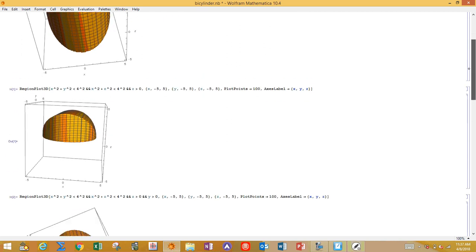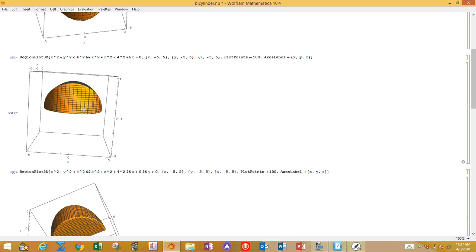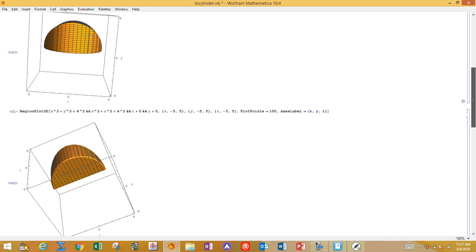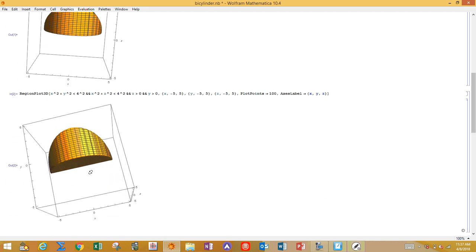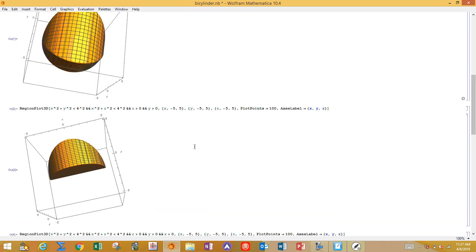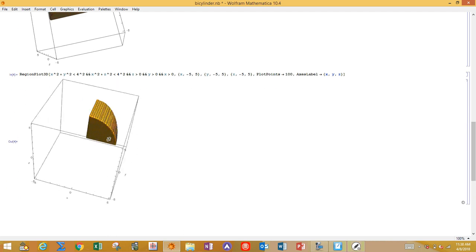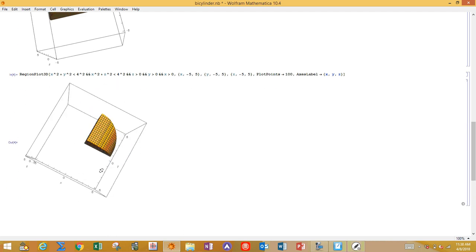So what I did was I cut it in half so I could look at the top half, so I can find the volume of that and double it. But actually I can cut that in half and now multiply by 4, that's a quarter of the full solid. And then finally I can cut that in half. So now I've got an eighth of the full solid,